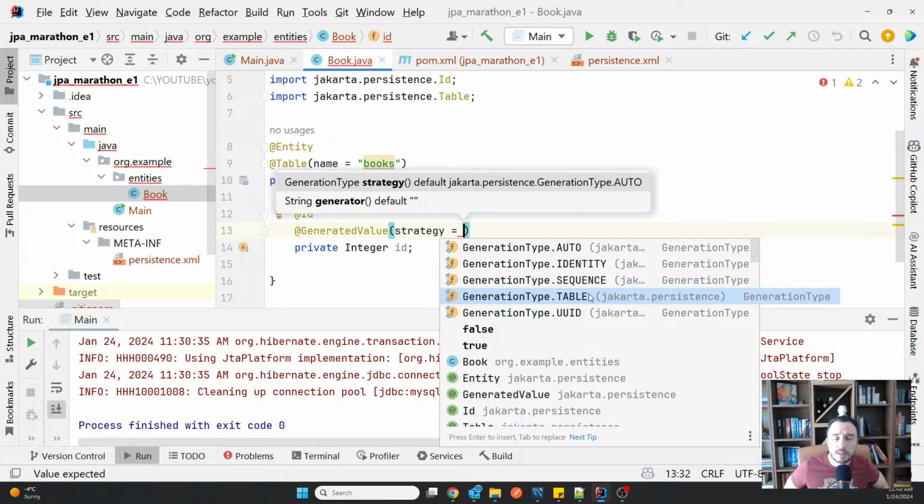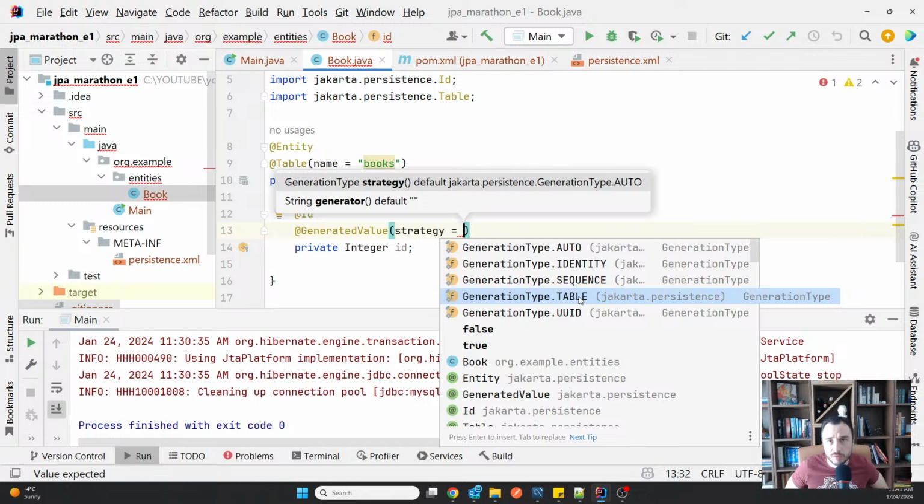Naturally, the advantage of table is that it works in any database, because any database is able to create a table. So it's not like identity, where there are databases that don't support auto increment, or sequence, where there are databases that don't support sequences. Tables are the thing that can't be missing in any relational DBMS, no? So that's why you can use it everywhere. However, the performance with a table for generating the values is very poor, because generating a new value always needs to lock that table, and usually tables are not optimized as structures in the database.